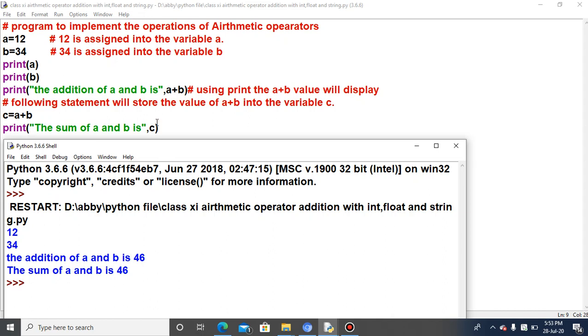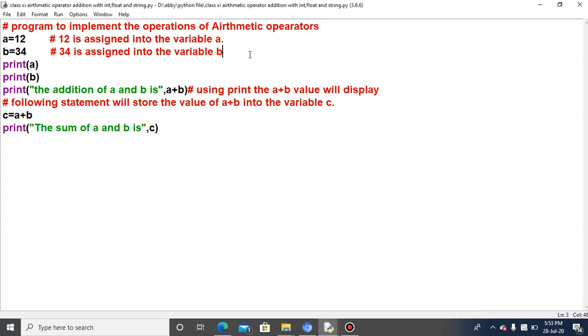And 46, C is coming as 46. The value of C is 46. Okay, so this is the output and this is the program. I think everything is clear.